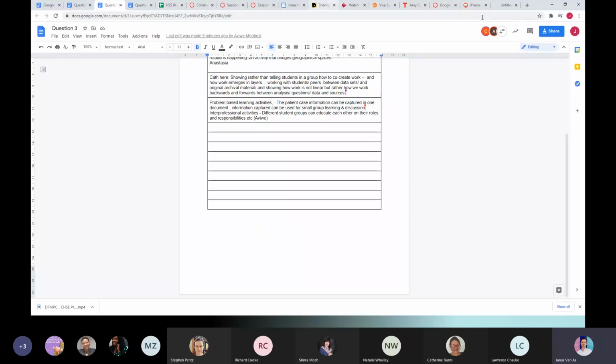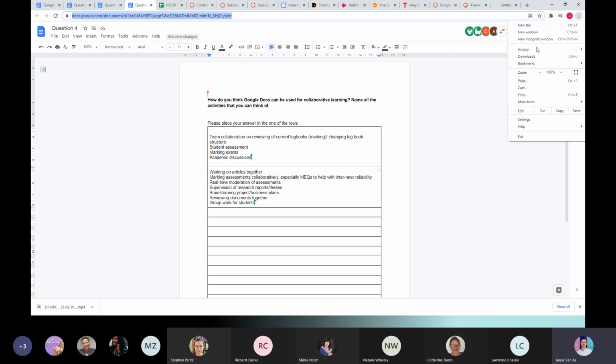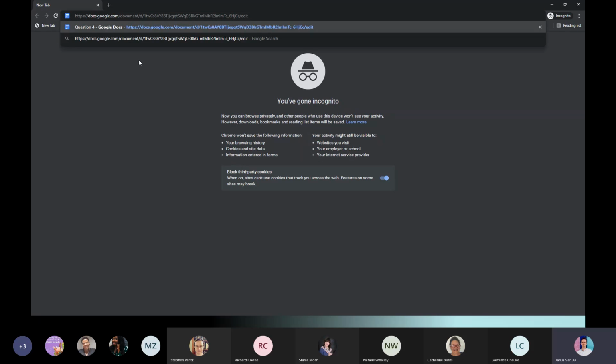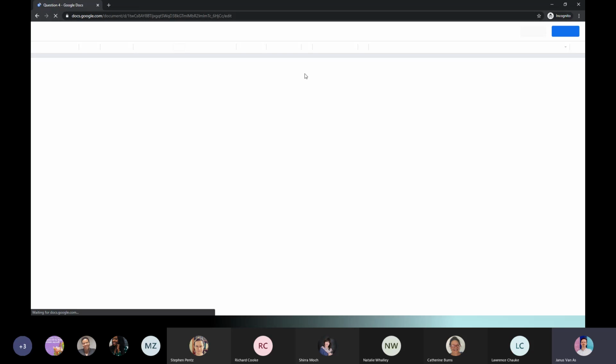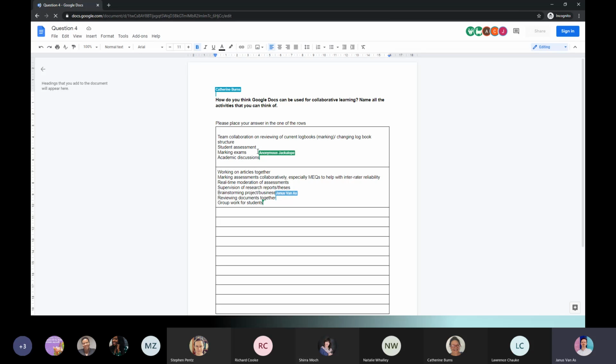I did see some anonymous animals on that. There we go. So, anonymous jackalope and anonymous llama. If I take this document and you tell students, for example, to open it in an incognito window, they are not signed into this document, and they can anonymously give feedback, because if you open this document,